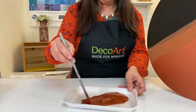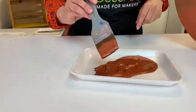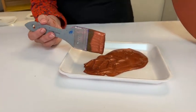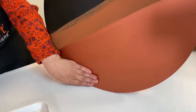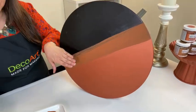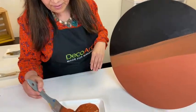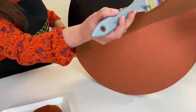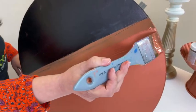So here I have the matte metallic in the soft copper and a flat brush. A flat soft brush works really well. Now over here, I already have 2 coats of the matte metallic, and under the matte metallic, I have 1 coat of an Americana acrylic, or you can use chalky finish, either one, in a color that's very similar, and that's going to give you a really nice coverage. So I'm going to start painting this table. And here's another pro tip,